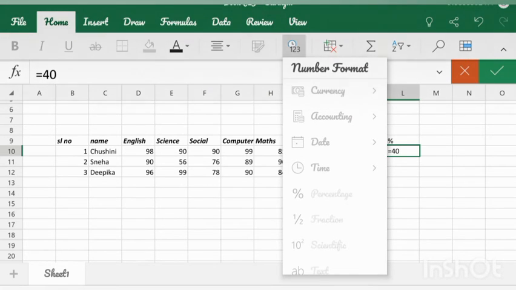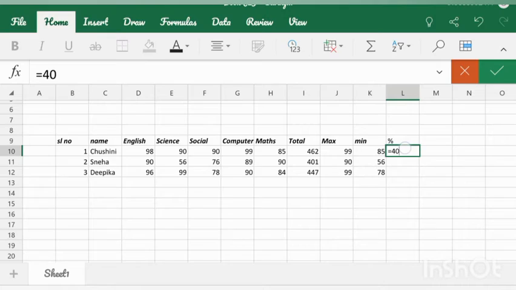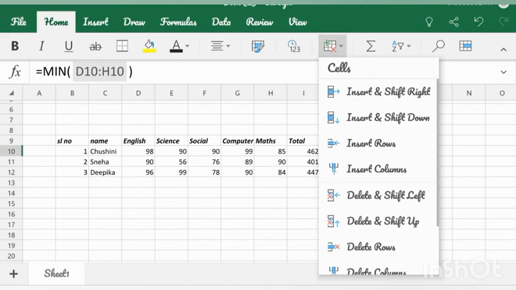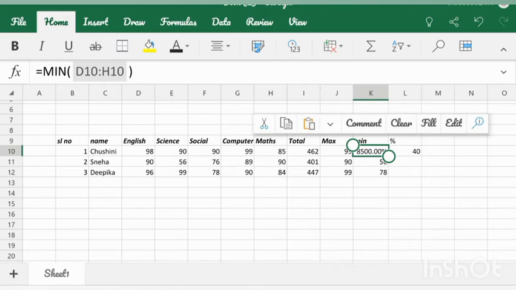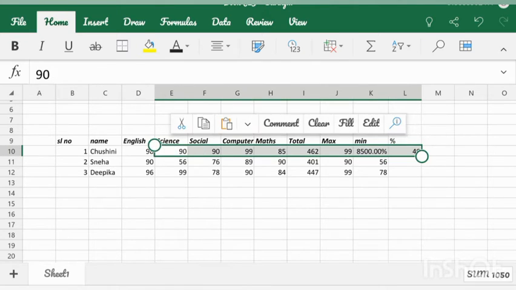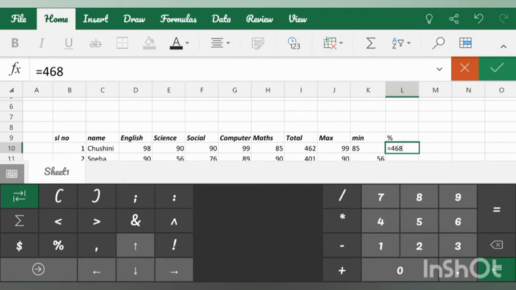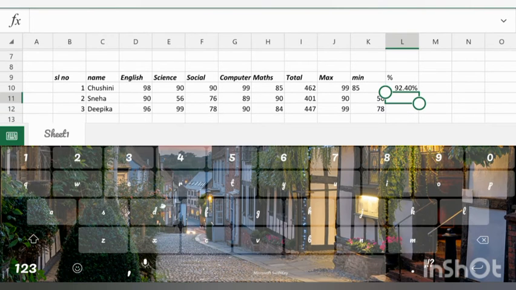So you can see here. There are 5 subjects, and 5 subjects into 100, so we'll be getting 500. So let me do the total divided by 500 equals to, and we got 92%, so it's very good.